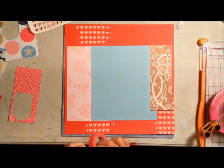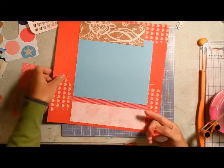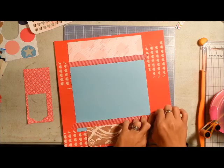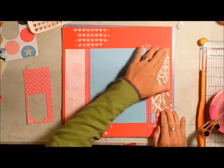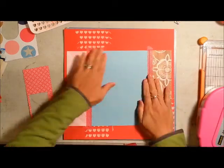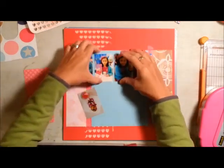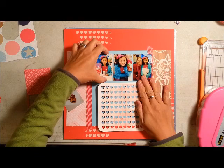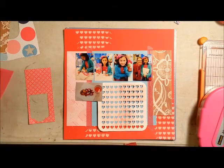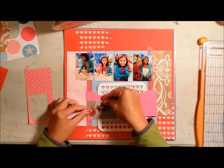So a little bit about the pictures. I used to do a lot of double page spreads for events, and just about, I would say, 3 years ago, I decided that to save money on printing, I would try to make them smaller. And to do that, I have Photoshop software. Because of my photography business, I have Photoshop CS6, but I heard that you can do it on Elements as well. And also I heard PicMonkey is good too for